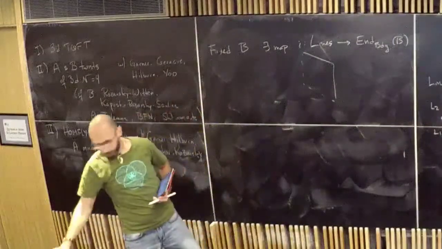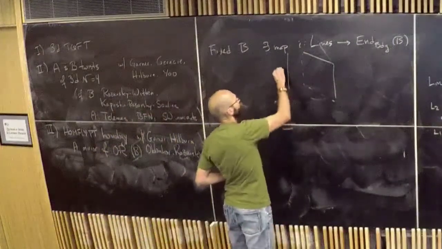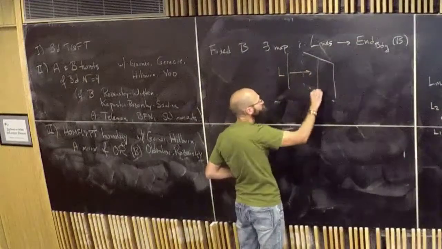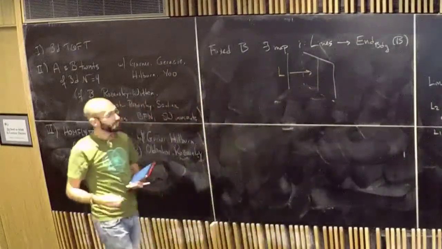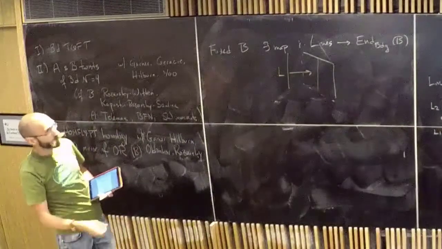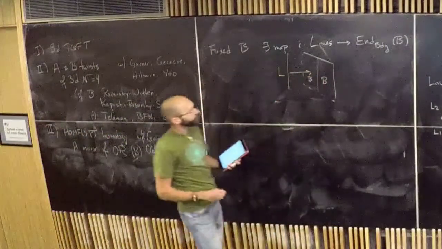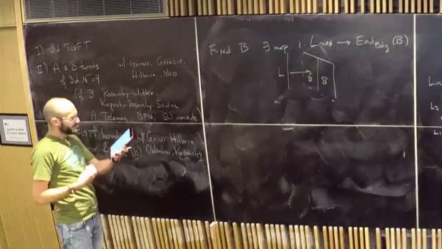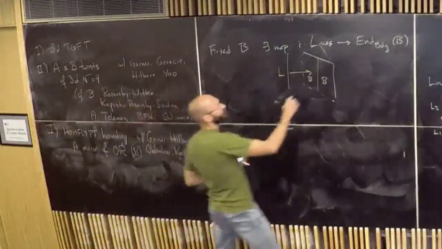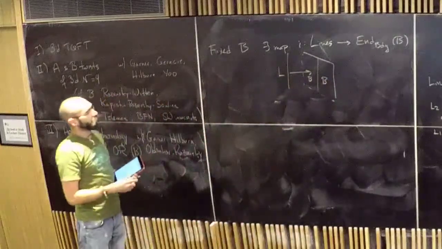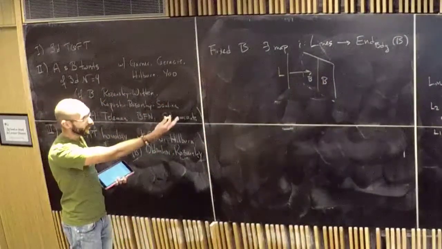So that's this map. If we have a line in the bulk, we can collide it with the boundary and get an endomorphism of B. The image is in the center